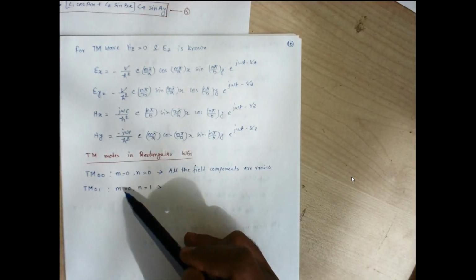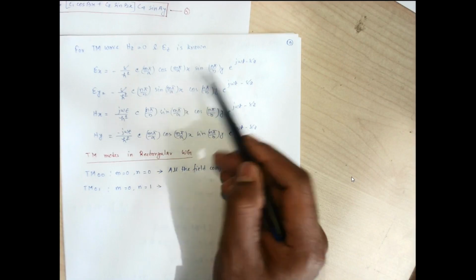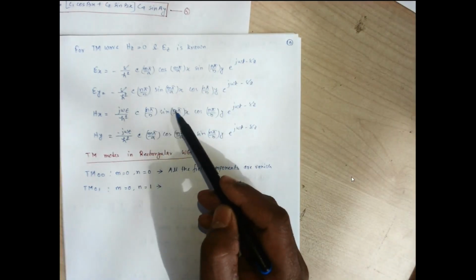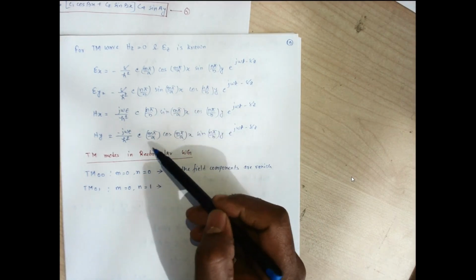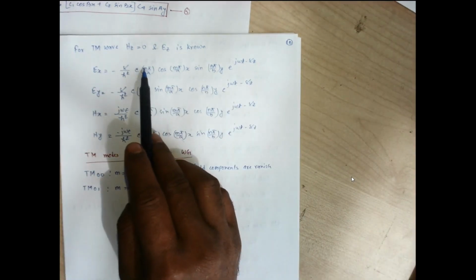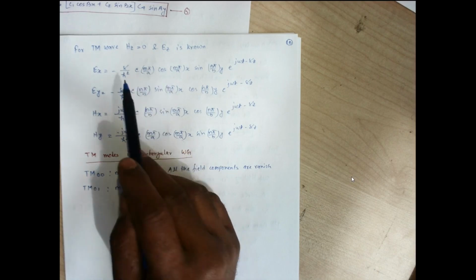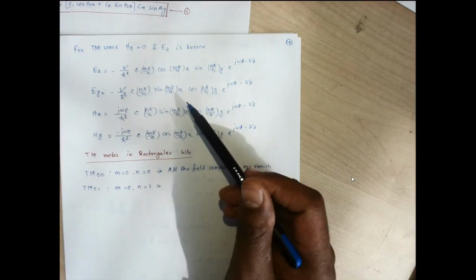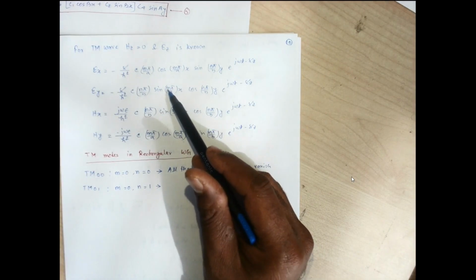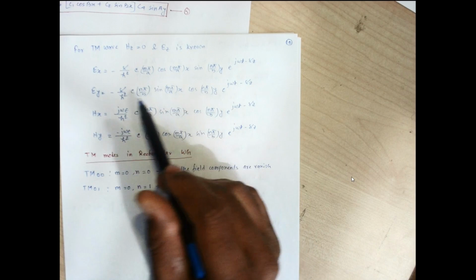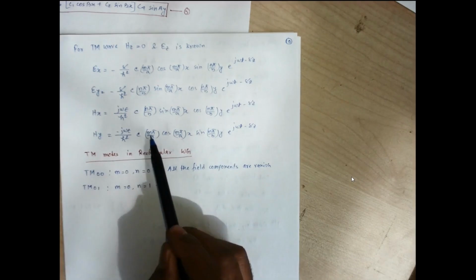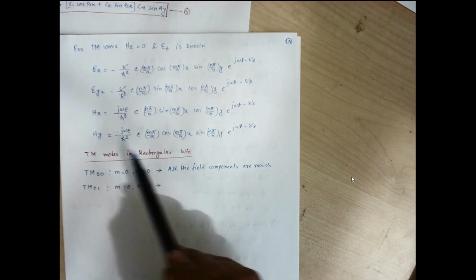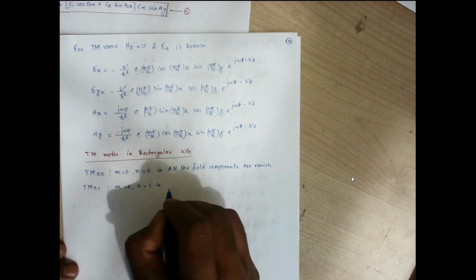If we put m is equal to 0 here, sin 0 is 0, again 0. Now again if we put m is equal to 0 here, Hx has sin 0, again it is 0. If m is equal to 0, this is also 0. Just try to understand: if we put m is equal to 0, 0 into pi by a, so Ex is completely 0. Now if we put m is equal to 0 here, it is sin 0, and sin 0 is 0, so everything is 0. Again here it is sin 0, everything is 0. If we put 0 here, then Hy is also 0. So we can say all the field components